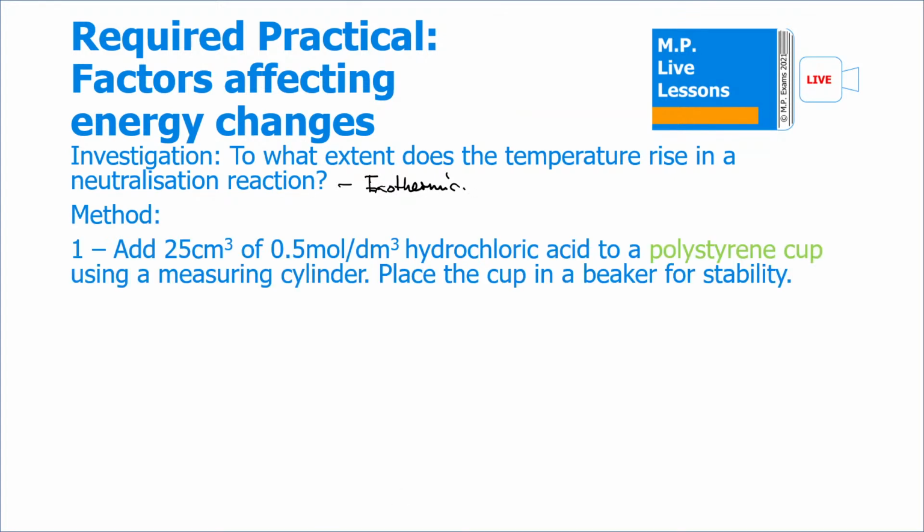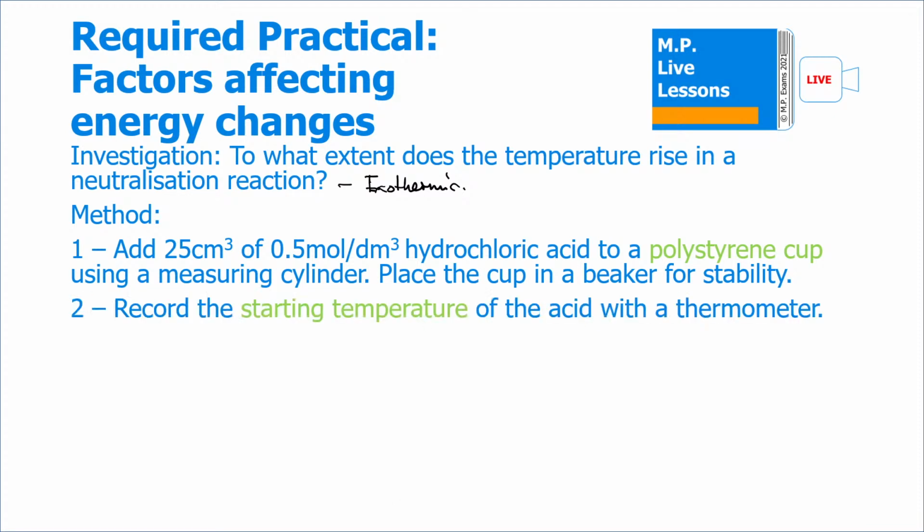The method is, we add 25 cubic centimeters of a specific concentration of hydrochloric acid. When you add that to a polystyrene cup, and this is because we need to insulate this reaction so energy doesn't get lost to the surroundings, so basically our measurements are accurate. And we can do this by using a measuring cylinder to make sure it's 25 cubic centimeters. And what you could do is place this polystyrene cup in a beaker to make it stable so it doesn't rock around. Next, you record the starting temperature of the acid with a thermometer,